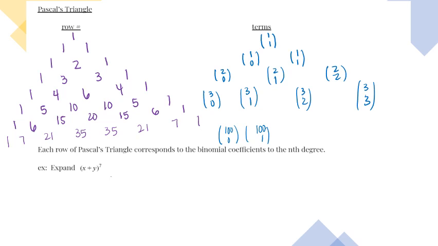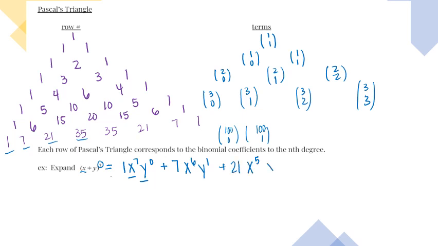So let's go ahead and expand this out. We're going to use the coefficients. So these are the coefficients, and you're going to start off with 1. You're going to start off with x, which is your a, and raise that to the 7th power. And then y technically is raised to the 0 power. And then you're just going to decrease the x and increase the y, and make sure to put those coefficients in front. So 7 is the next coefficient, x to the 6, y to the 1, plus 21